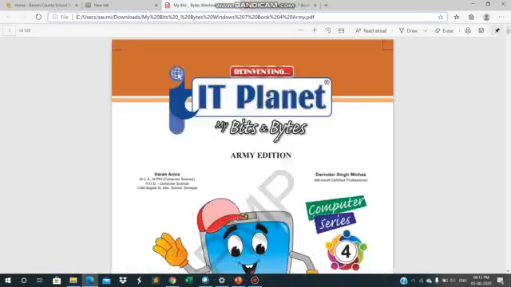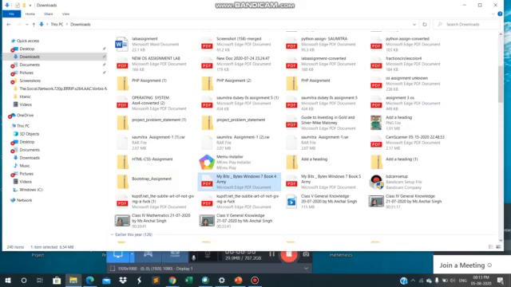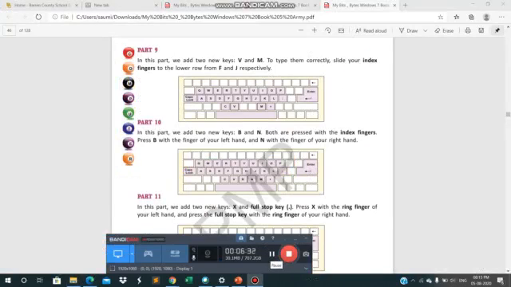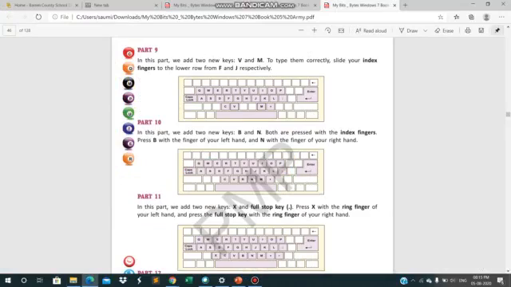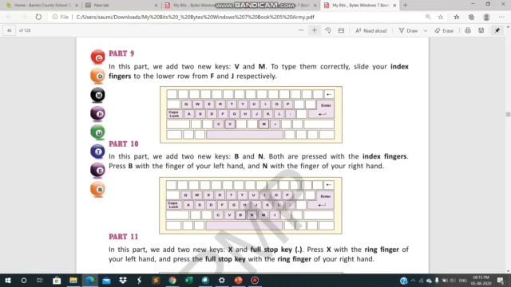We need to open the class 5th book. So let us open the class 5th book. So kids, here we have opened our book, and in our last class we have already done up to part 9. So today we have to read part 10 and part 11. Let us do the reading.